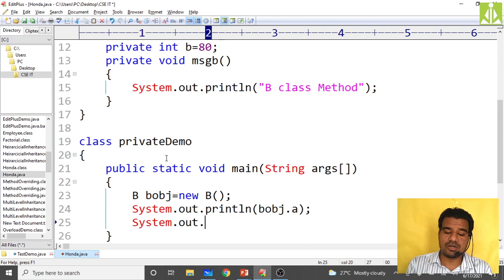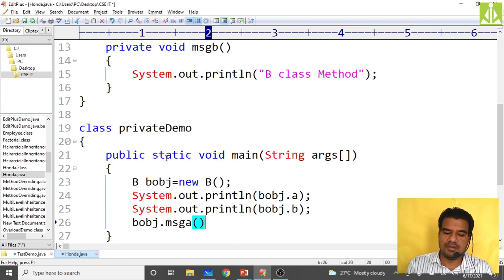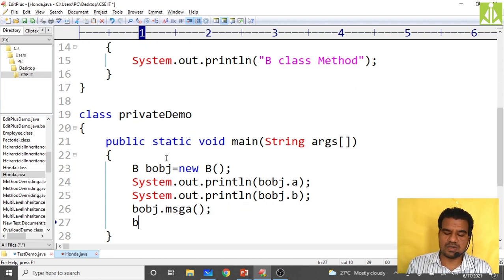Again, System.out.println of bObj.b. It is also not possible, because I'm trying to access that b variable, which is private, outside the class. Again, you will get an error. Then bObj.messageA, the method of A class, is also not possible because over there it was private. messageB is also not possible, as I'm trying to access it outside the class, and it is private.